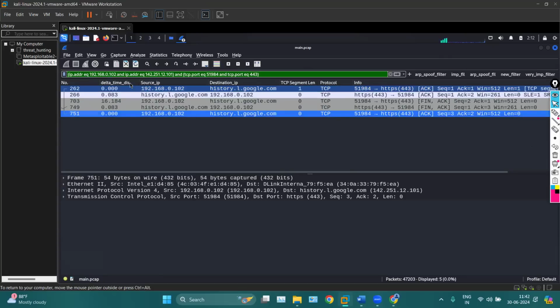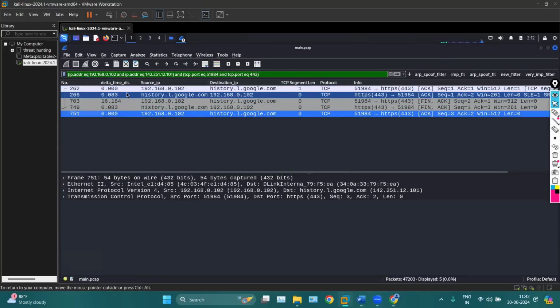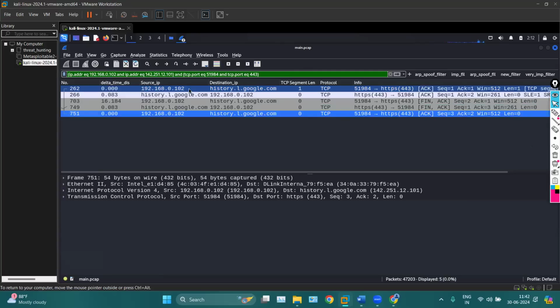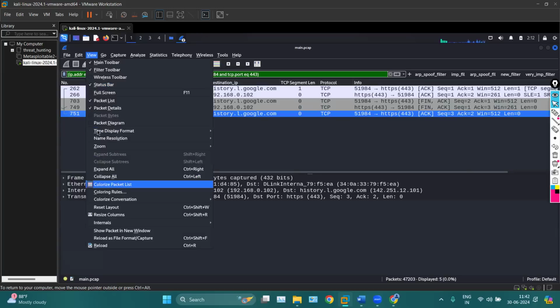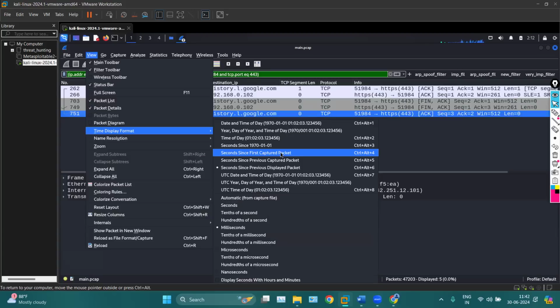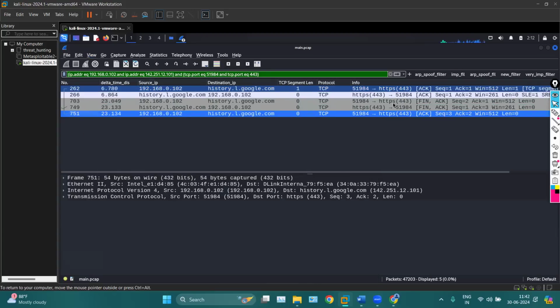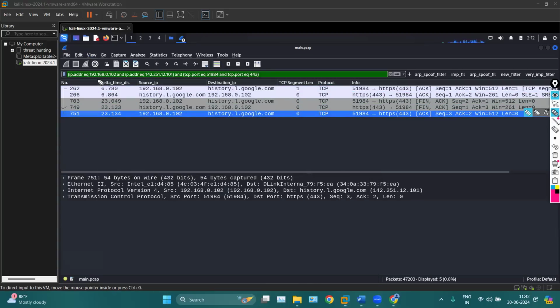Yeah, that's clear. And with this one, we can also see the cumulative time, which is how much time this packets or this conversation takes. We can simply click on view, and here we have this time display format, and here we have seconds since first captured packet. So now you can notice there's a 6 second. The timing is starting from 6 second. So when we are capturing the packet, on 6 second, we capture this packet. 6.780, then